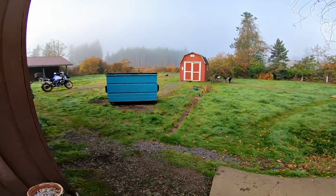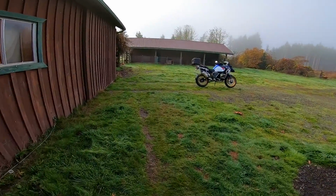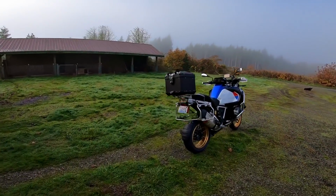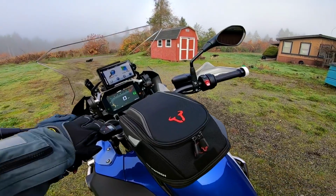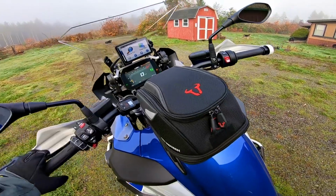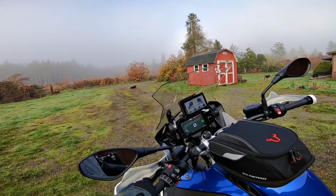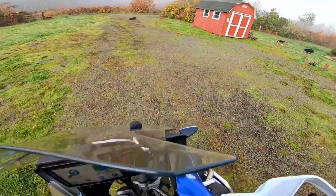Started out 37 degrees this morning. And I'm going to start my day, the little woman's already taken off. I'm going to start my day on a GSA. It's supposed to be nice today. It's supposed to get up into the 60s, I think, by the time we get on in the day. And so I'm gonna save most of this ride for riding home in the golden hour. But for now,